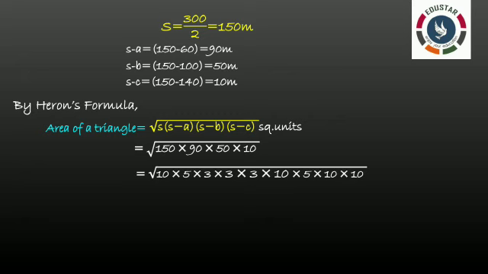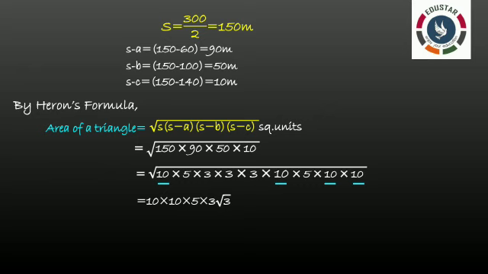As I told in the previous sum, if inside the square root we are having two same numbers, we can take that outside the square root, right? So here we are having 10 into 10. So we can take 10 outside the square root. What is the reason, guys? Root of 10 into 10 is what? 10. So again we are having 10 into 10 pair, right? So again you can take 10 outside the square root.